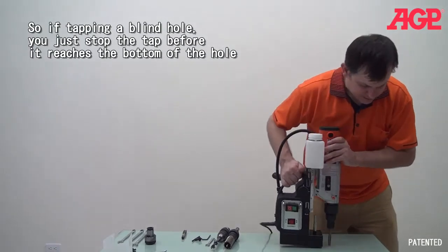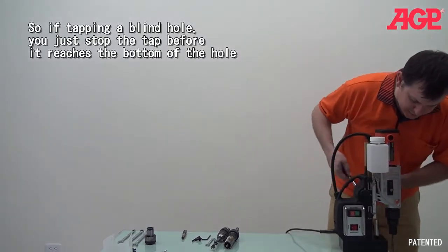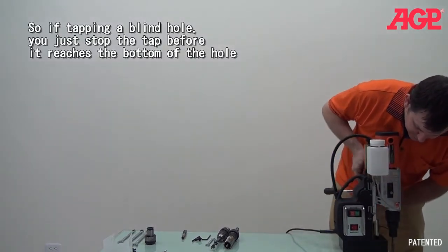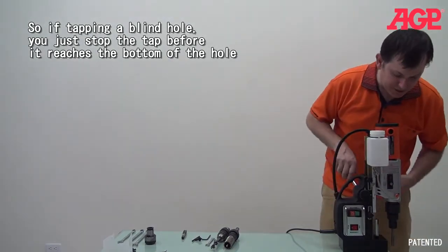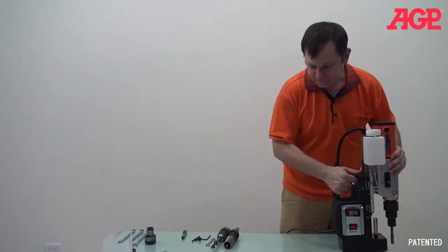Let's take a look. So I have it overhanging here, and you can read on the scale how far you go. And then once you get there, you stop, and then you back it back out, and you're good. And further,